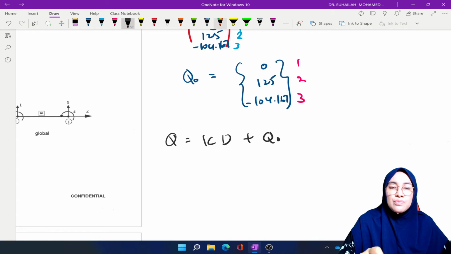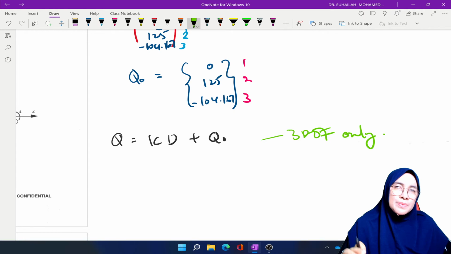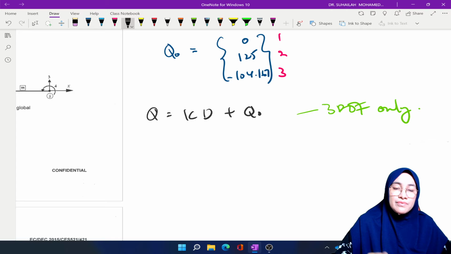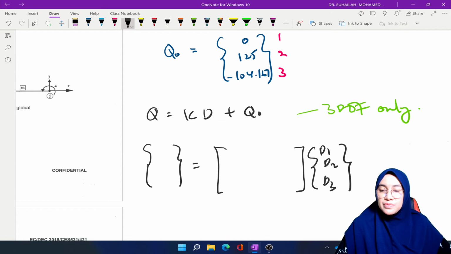Remember, we just need to focus on 3 degree of freedom only, because 3 degree of freedom represents the unconstrained system, and in the unconstrained system there are unknown displacements. So we will have this equation. Okay, it is 3 by 3. This is d1, d2, d3, d1, d2, d3 plus